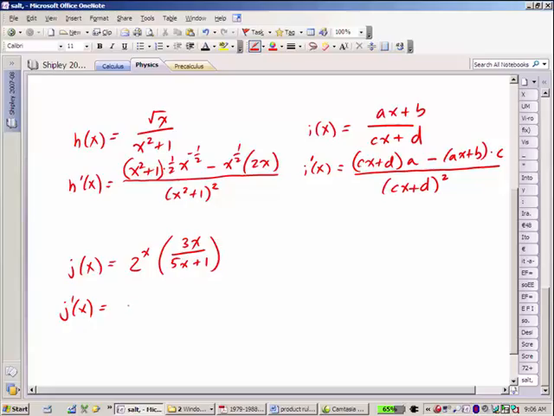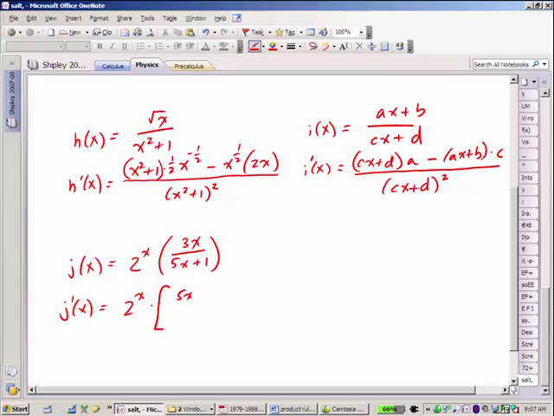So we're going to start with 2 to the x, the first, and then the derivative of the second. The derivative of the second is a quotient. The original function is technically 3x times quantity 5x plus 1 to the negative 1. So you want to make this into a product? I was hoping you weren't. Okay, then I'll do the quotient of this, which is going to be